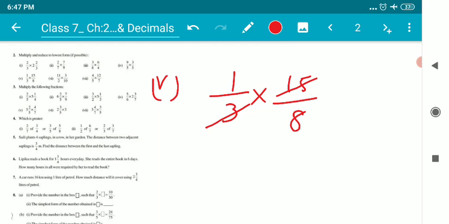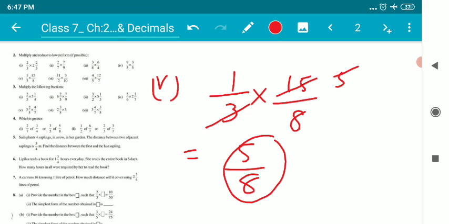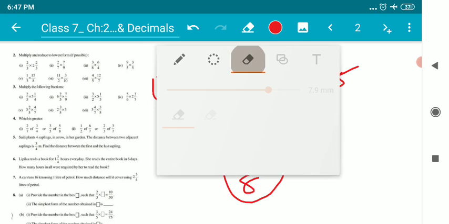3 and 5 can be cancelled. 3 5s are 15, we all know this. Answer is 5 by 8. That's all, this is our answer. Okay, children. Now, let us talk about question number